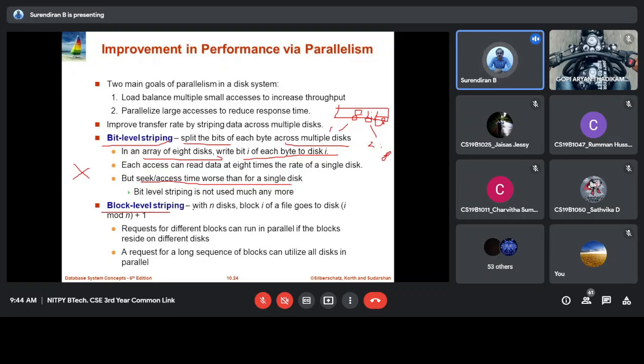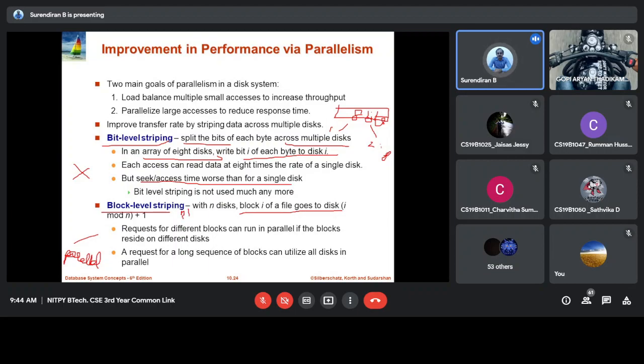The next level is block level striping. A set of bytes, or a block, is stored in a disk, and the next set of blocks is stored in the next disk. Like that they store it in multiple disks. This is mostly used, for parallel access. We can get parallel reading when we read content from these disks.